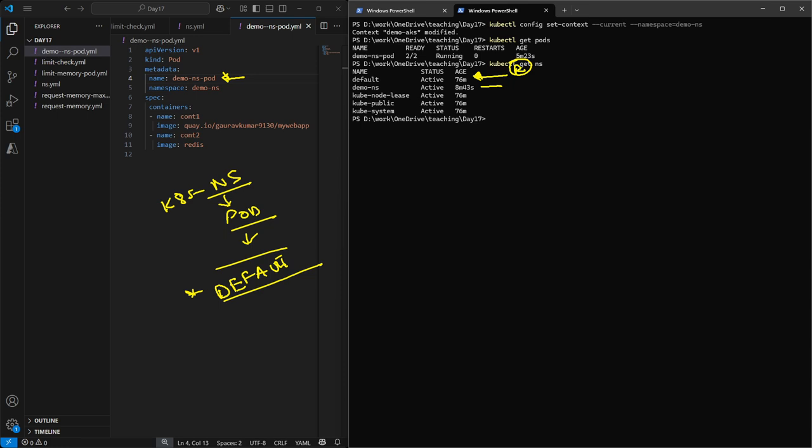Demo-namespace, it is created by me. Then we have the other namespaces also: kube-node-lease, kube-public, kube-system. As we have discussed in our Kubernetes architecture, we have our master node, then we have our